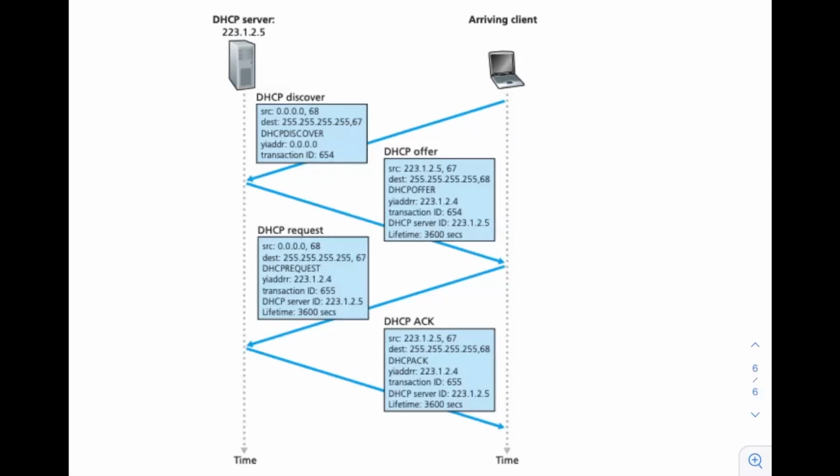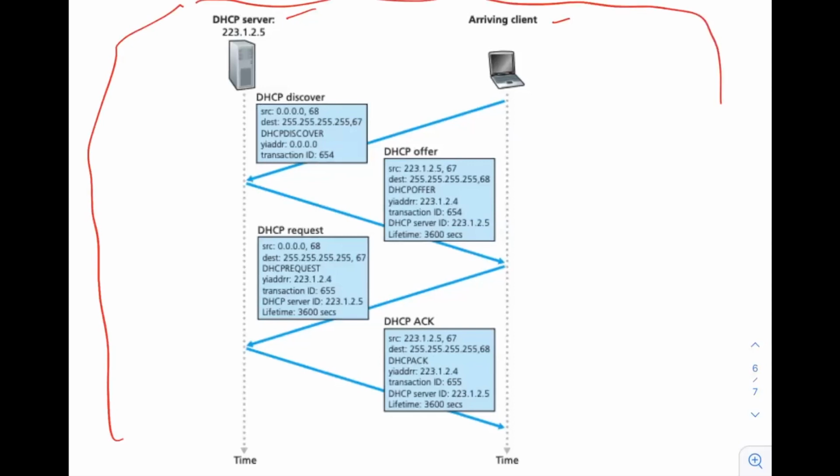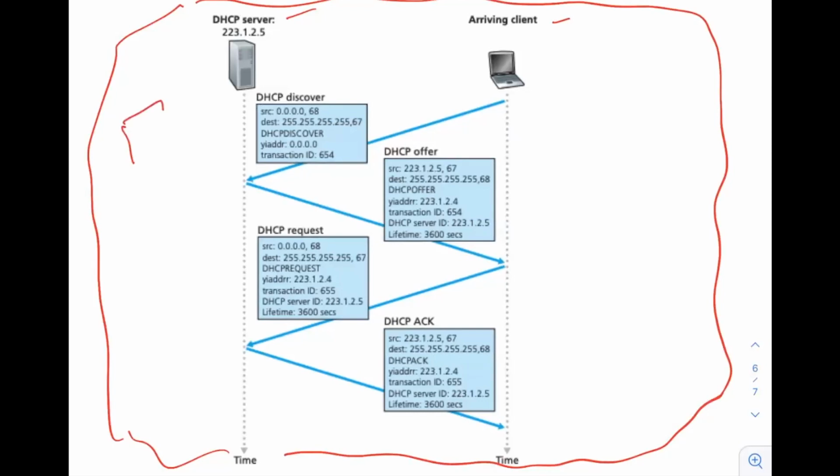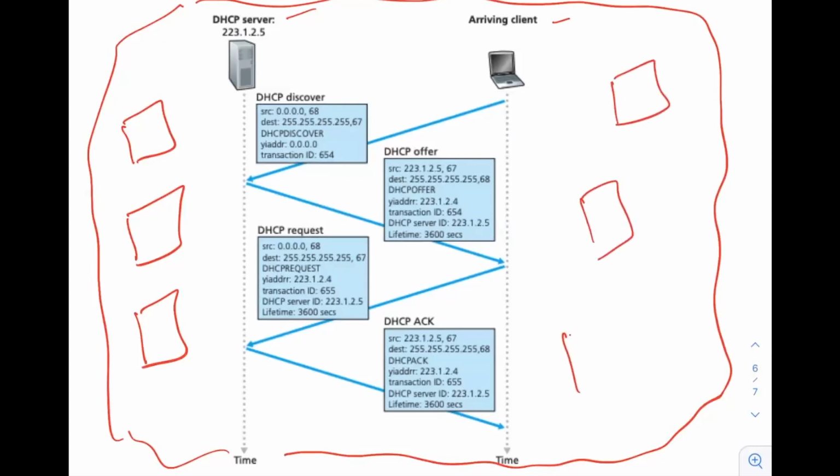So again, you have the DHCP server here and the arriving client here. And let's draw a network here. So basically, these are there in a small network, or a subnet, we can say. Now, of course, there will be other devices also in this network. A lot of personal computers, laptops, mobile phones will be there in this network. Let's draw some of them just for example, because we are going to talk about broadcast messages here. That's why I am drawing the whole network and other devices also. So you have the arriving client, and this is the first packet here, a DHCP discover message.